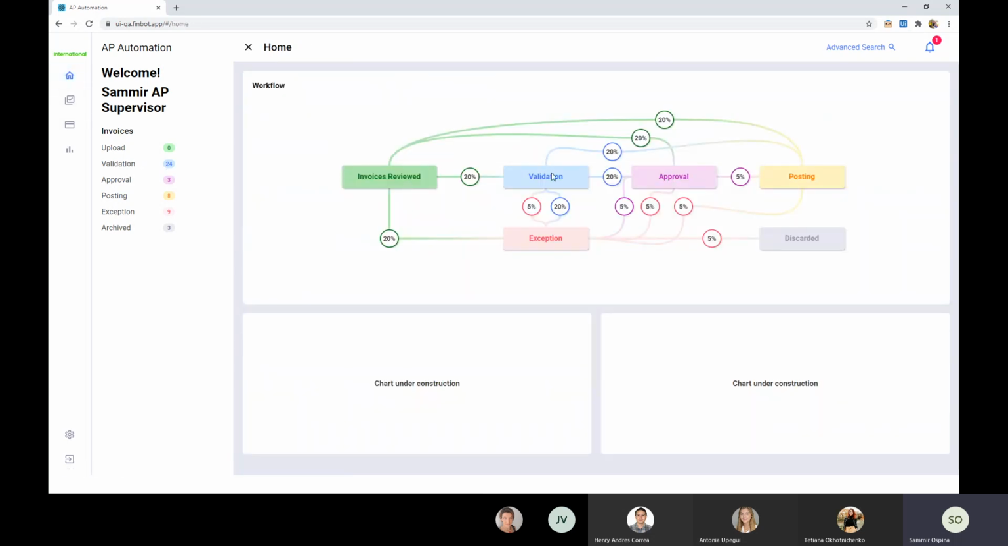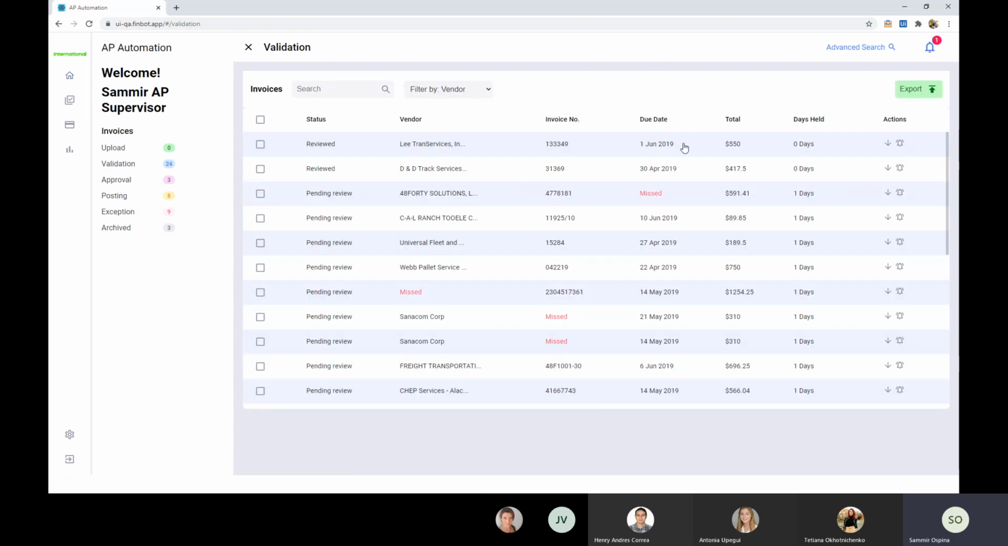Then we have the validation stage, and the validation stage is where we are going to be confirming the data extraction and doing something that is called the cost allocation. That, I believe, if you're not familiar with it, is just setting the cost center and the GL account for that invoice. So on the validation stage, let me take you directly to